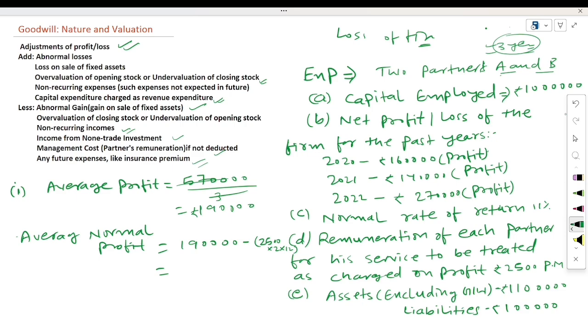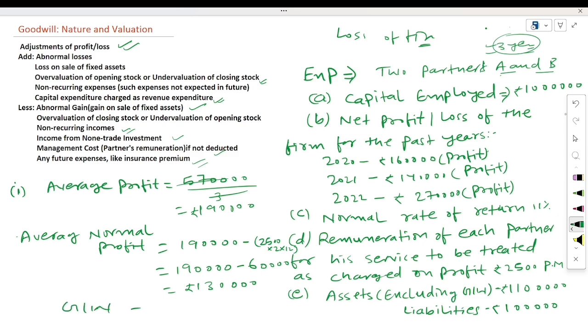Here are two partners, so we are multiplying by 2. What would be the amount here? Amount would be here 60,000. 190 minus 60. It means now your average profit is how much? 130,000. Now you have the formula for calculating the goodwill, which is